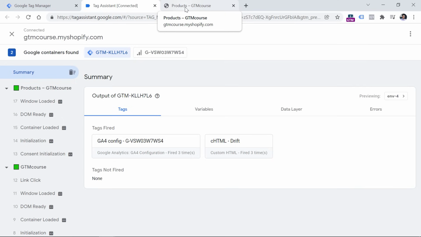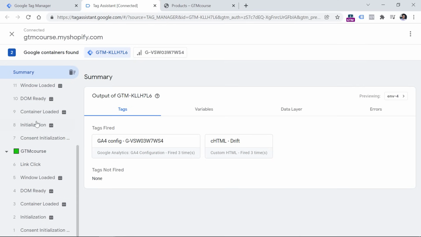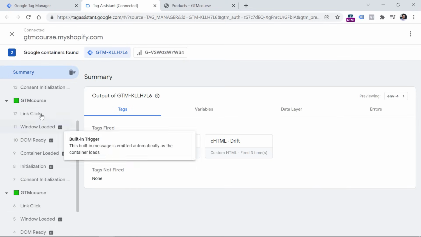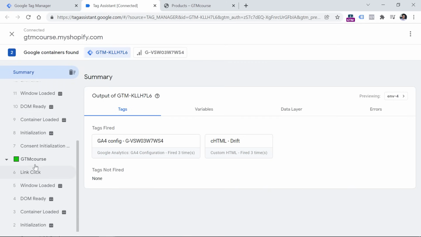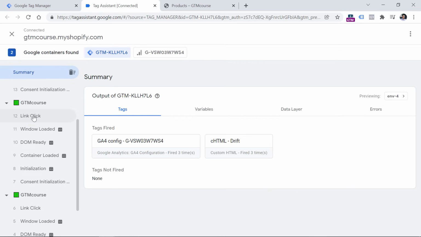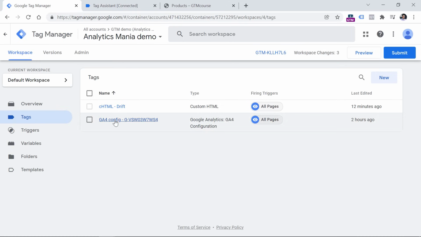After I click the link, the page loaded, maybe the same page, maybe a new page, I can see these right here. Every time a new page is loaded, a new batch of events is available right here. And as you can see, we have link click on this page and link click on this page. I'm seeing link clicks right here because I have already installed Google Analytics 4, and together with that, I have